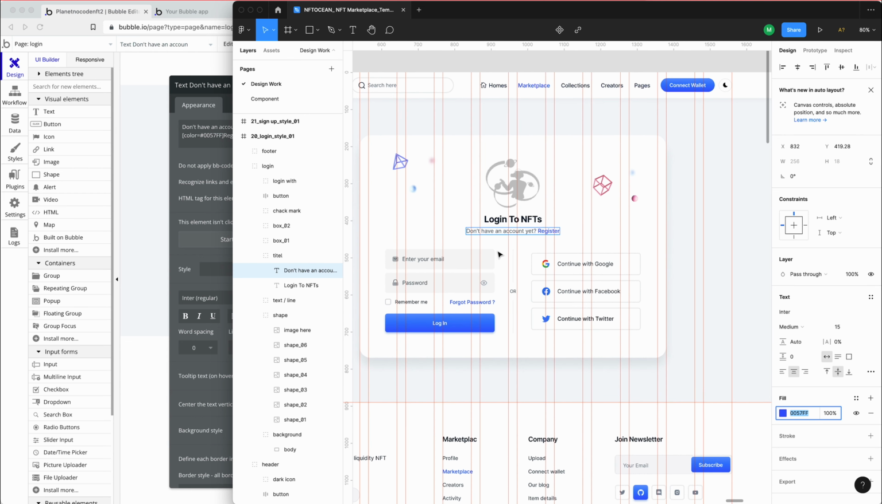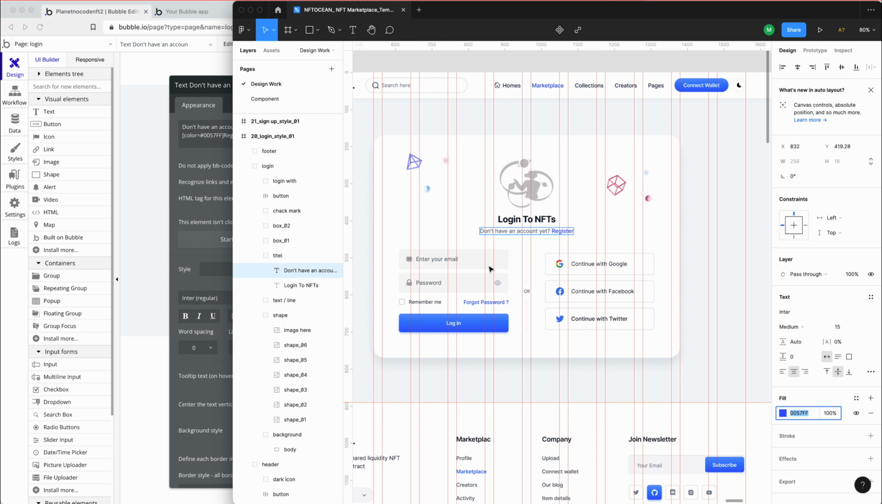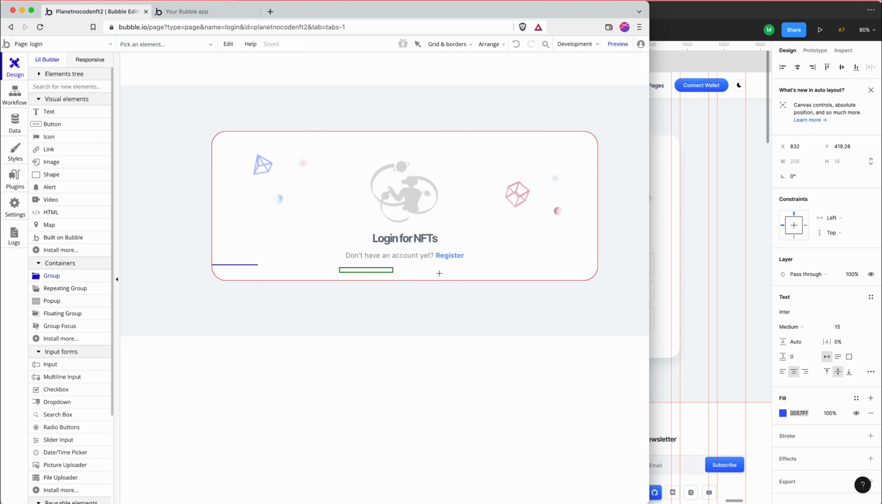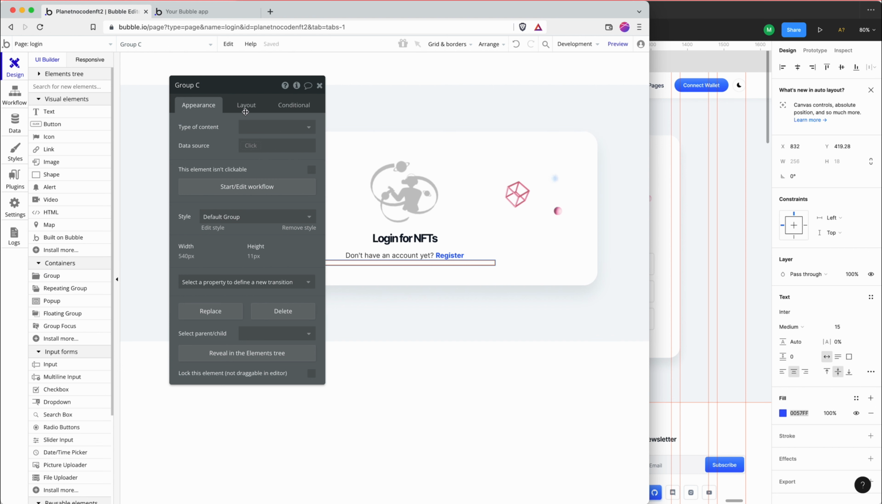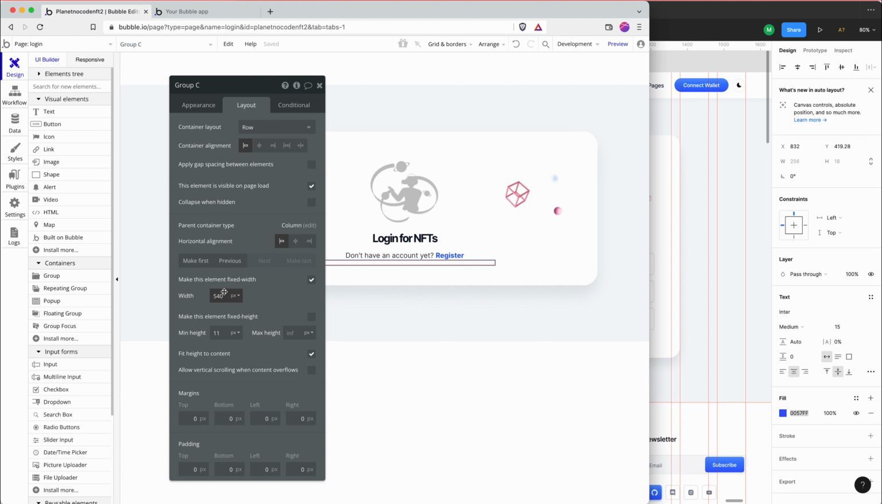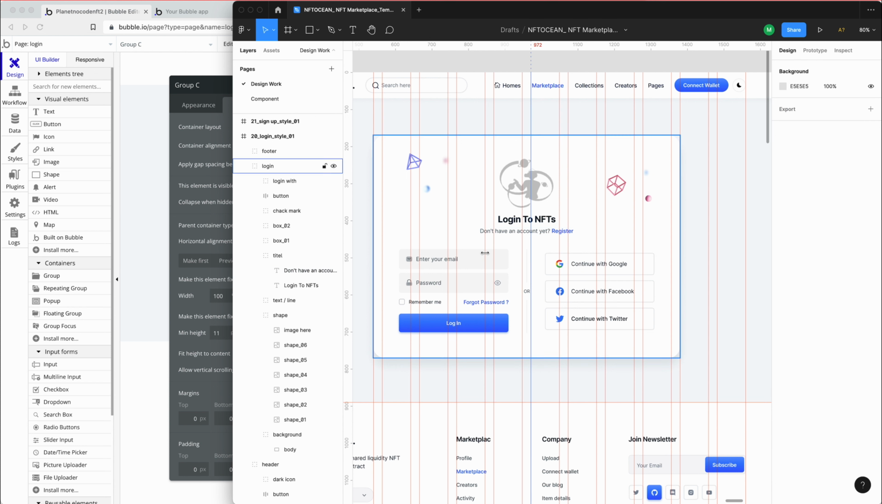Okay, now let's look at, we have 2 columns. So let's create a group to contain them. So the group width is going to be 100%, and it's going to be a row because it's going to contain 2 more groups in order to create that column layout. Let's get the margin correct,